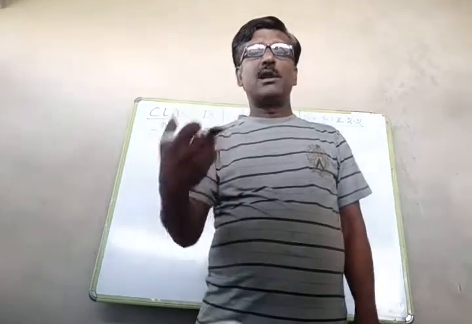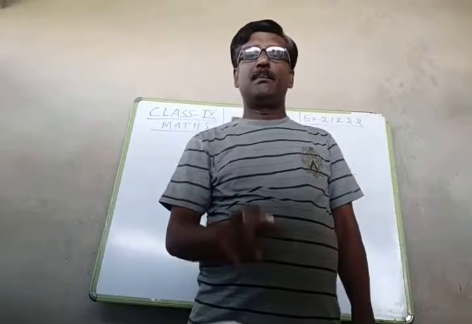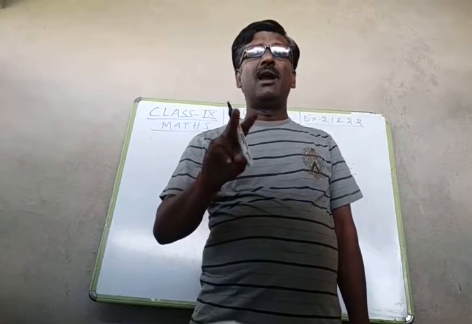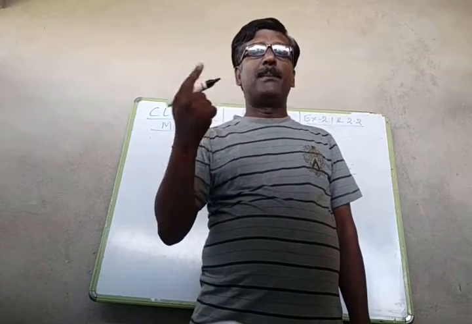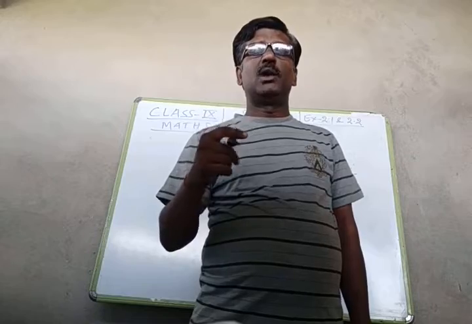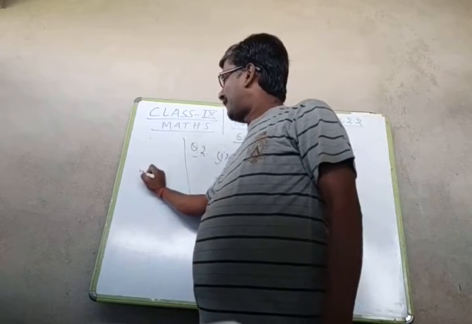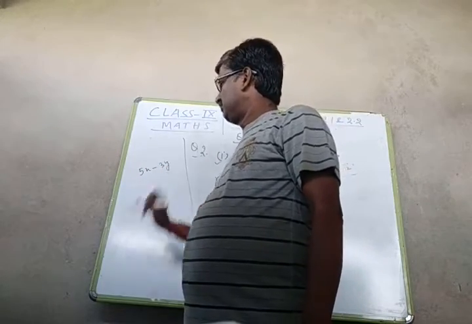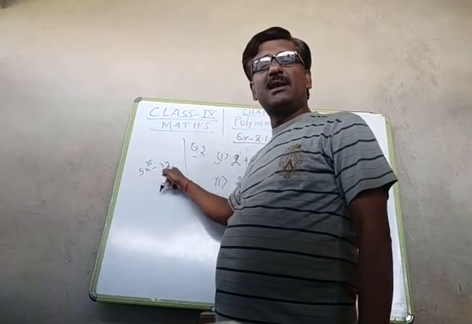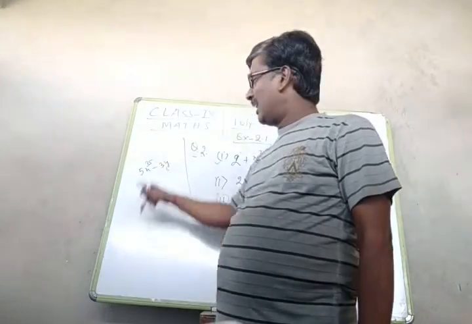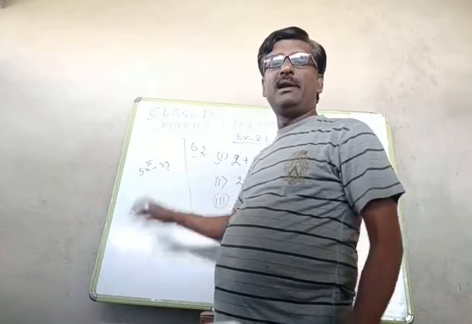And in question number 3, we are asked to give an example of a binomial. Binomial means that there must be 2 terms, and the degree is 35, so the maximum power should be 35. So with any variable this can be written. Suppose I write 5x minus 3y, and write 35 as the power somewhere. Then how many terms are there? 2 terms. So this one is a binomial and the maximum power is 35. So this is a binomial having degree 35.